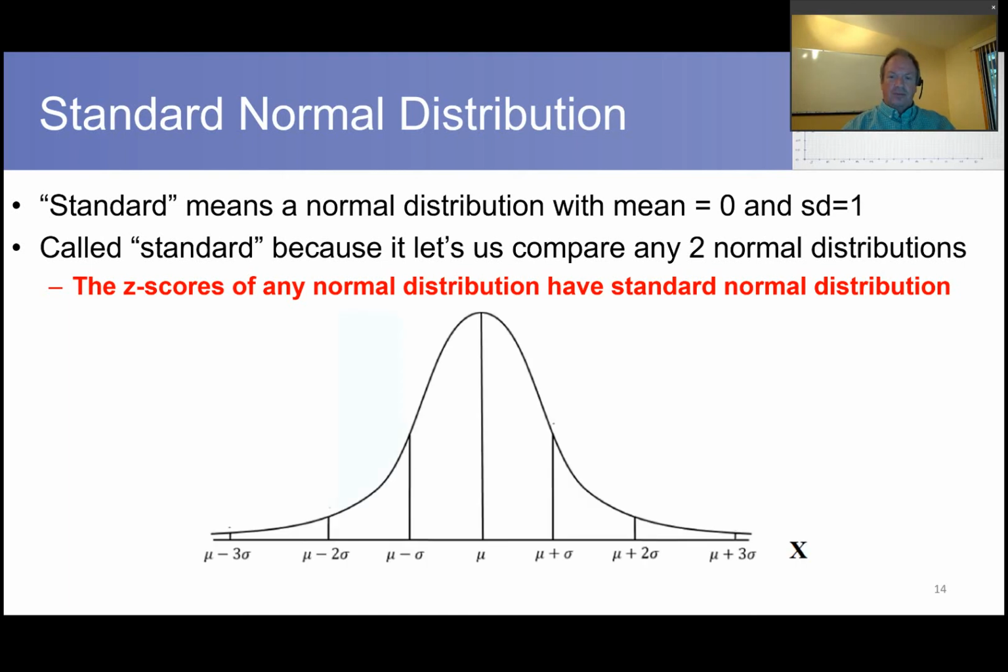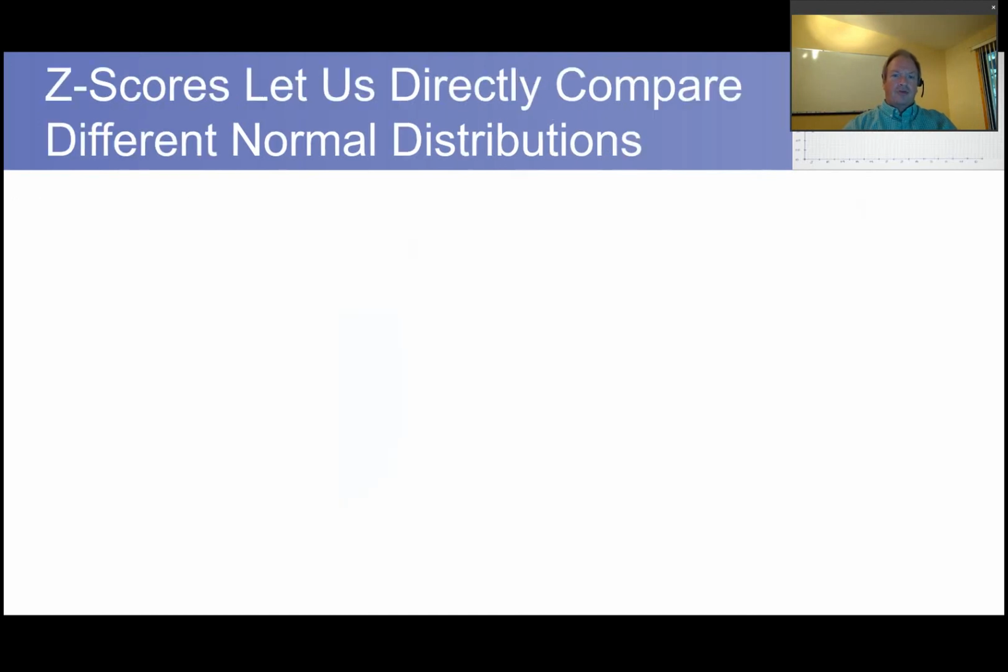In other words, if I have some random variable X that has a normal distribution and I compute the z-scores, they always have a standard normal distribution. And we're going to see now how these z-scores let us compare values from any two normal distributions. So what I'm going to do is consider SAT and ACT scores,